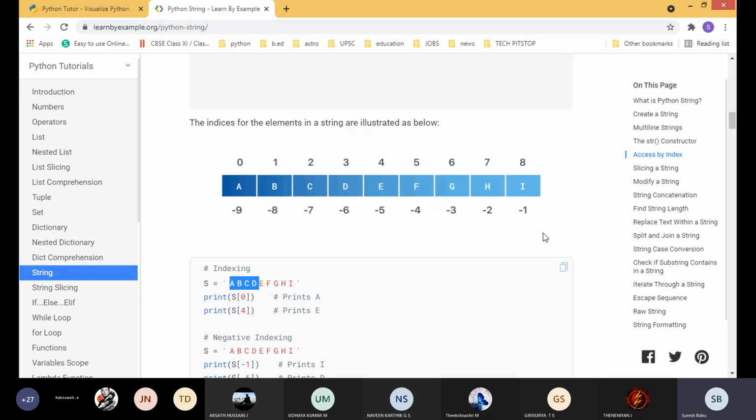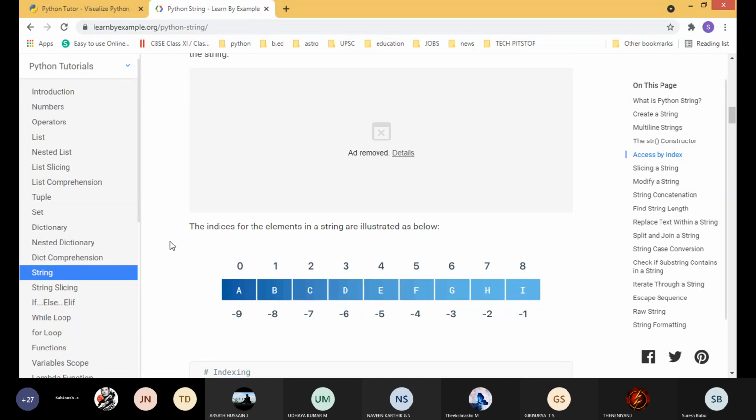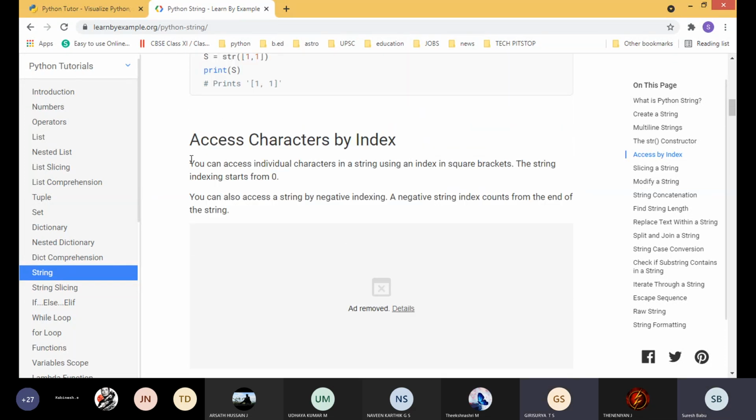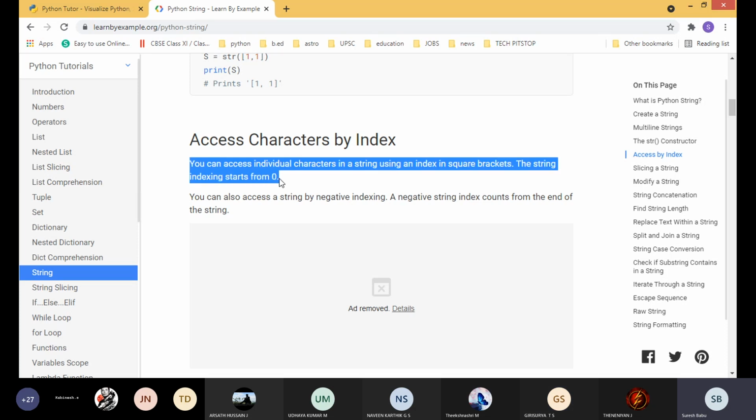Another method is to give the numbering from the last character: -1, -2, -3, like this from the last element. This kind of indexing is called negative indexing or backward indexing. Students understood? Yes, sir.